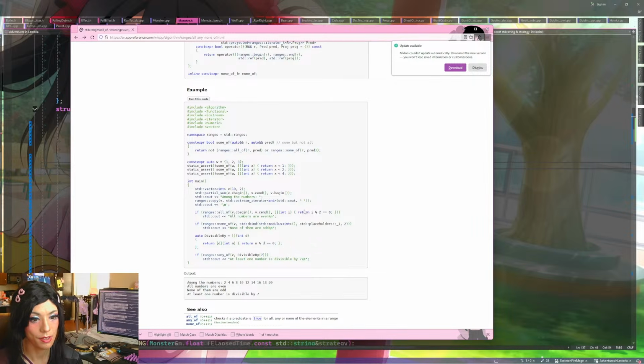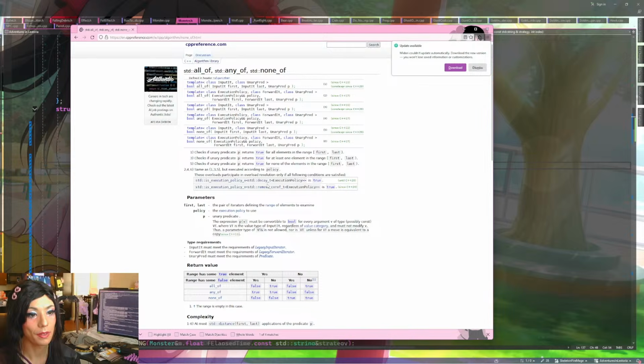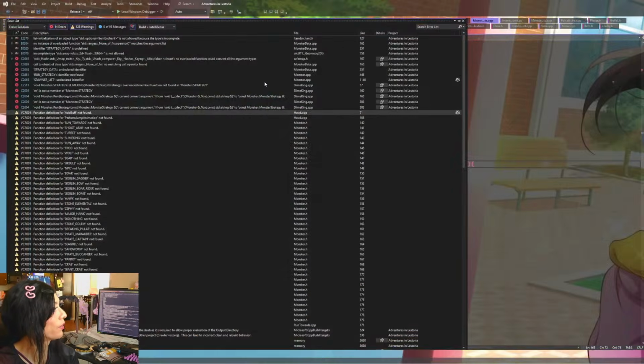But they... God, they did a standard bind to this function, which makes it nigh unreadable, but that's funny. I think it would be cool to use it, but it doesn't seem like it wants to work. But this is simple enough to use too if we need to. We can just do... no matching call operator found.